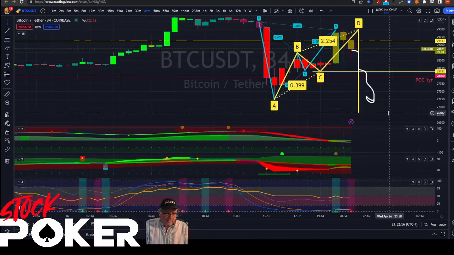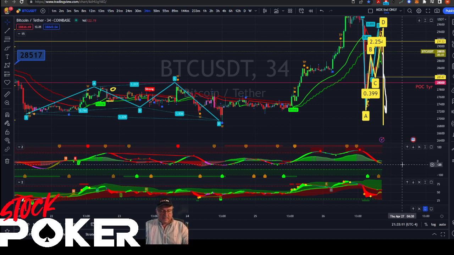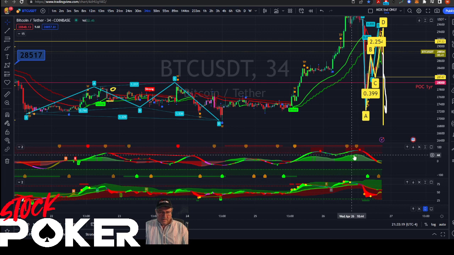Let's look at the MDX oscillators. I'm expecting price action to come down. We're on the 34-minute time frame. I'm expecting price to maybe kind of penguin butthole this a little bit. It looks like money flow is coming down. We did get overbought